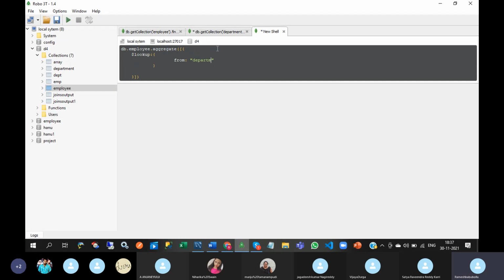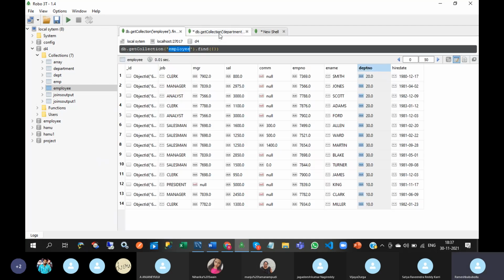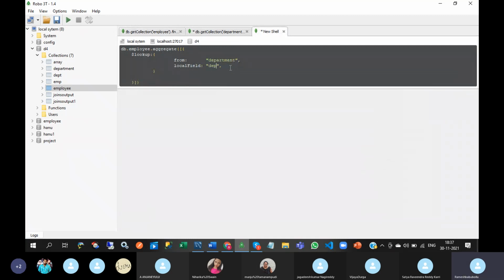So I am giving department, comma, localField. Here the F should be capital. Local field means, in the employee collection, what is the mapping column name? The mapping field name is DEPT-NO. Here DEPT-NO.